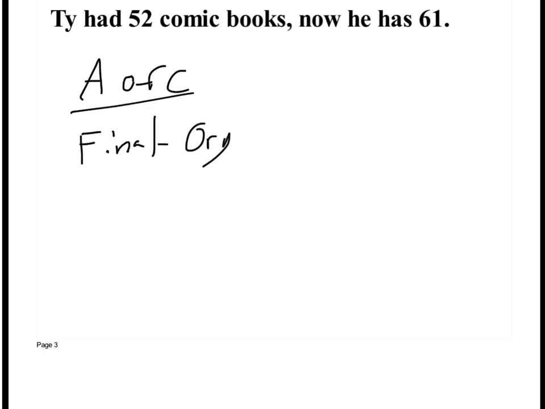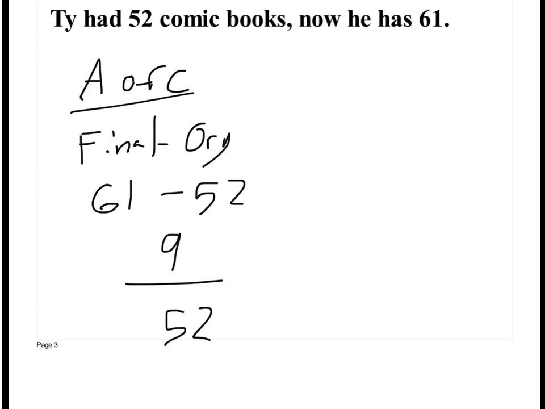Write this down. It says Ty had 52 comic books, now he has 61. So the first thing I need to do is find my amount of change. I do that by taking the final minus the original. My original was 52. My final was 61. So 61 minus 52 is 9. You take your amount of change over the original and find your percent of change. My original was 52. 9 divided by 52